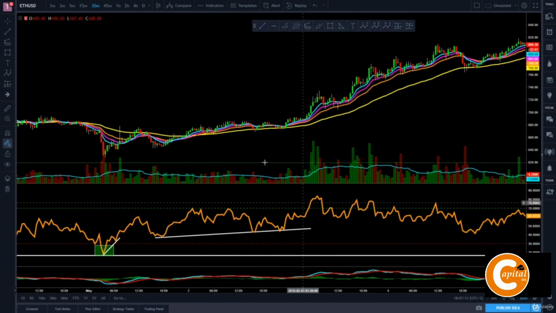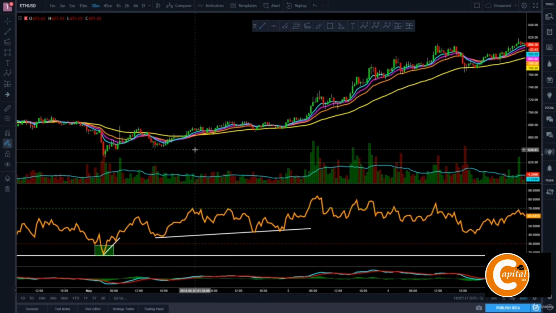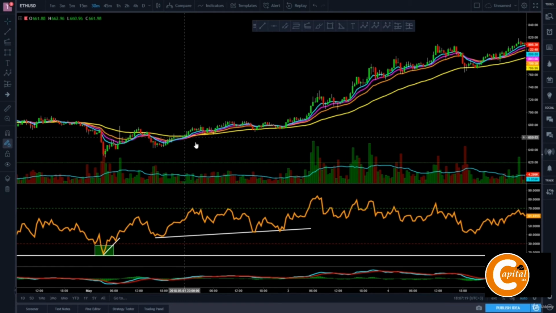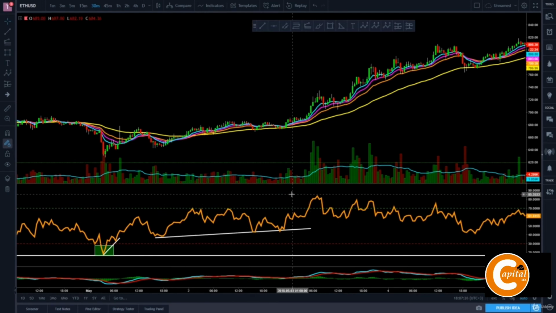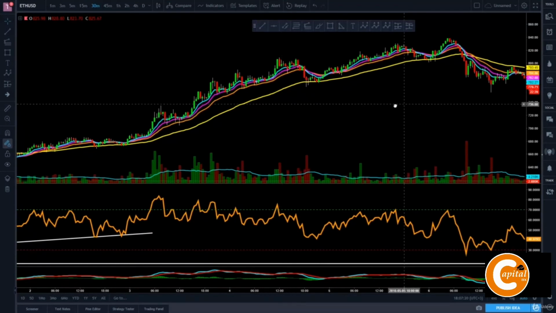With that in mind, let's take a look at the price chart and see what happens further. What we see right here is that a crossover of the 55 moving average to the upside happened, and the RSI is making higher highs. And if you look further on the price chart, you can see that a strong uptrend followed after we entered our buy position at